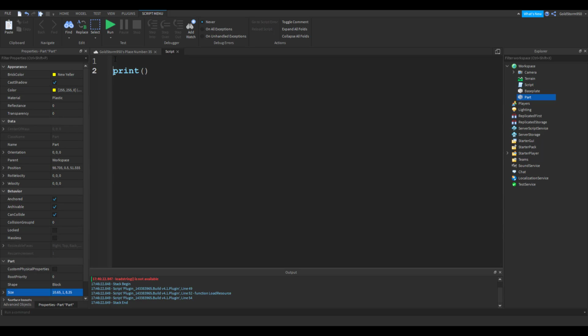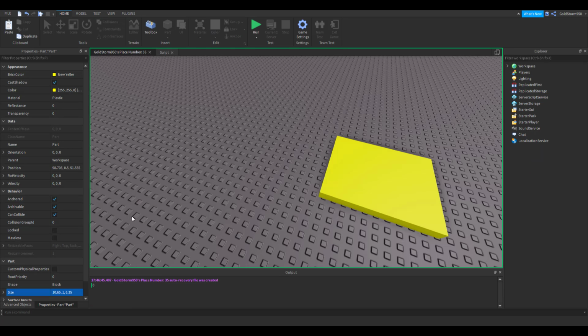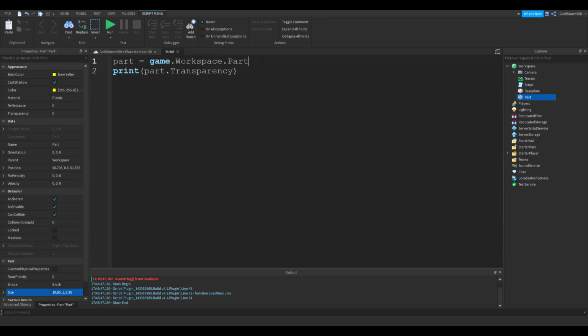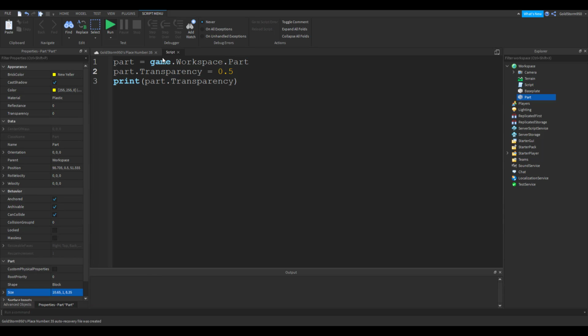So let me go ahead and get the part. Part equals game.workspace.Part. So print part.Transparency. If I click run, it's going to print 0 because it is equal to 0. And if I go ahead and do part.Transparency equals, say, 0.5, and I click run, then